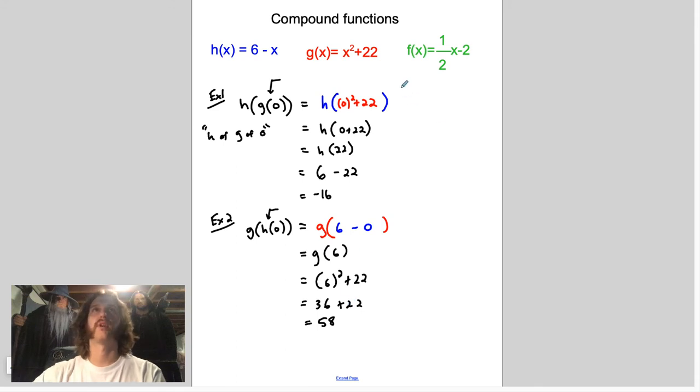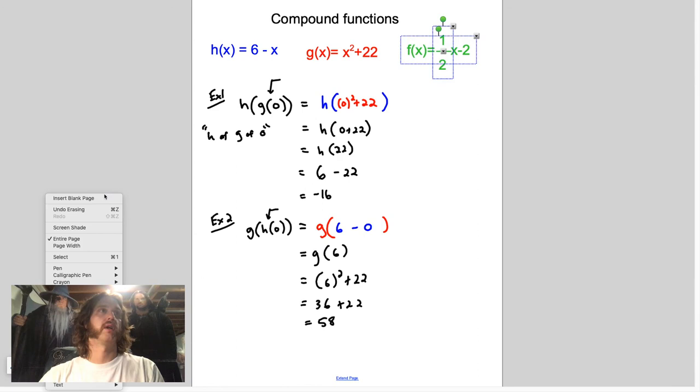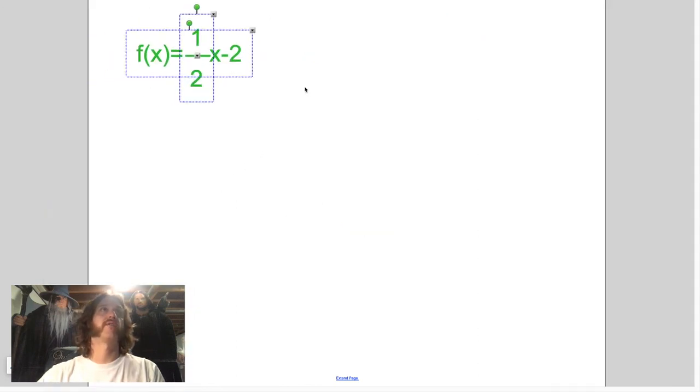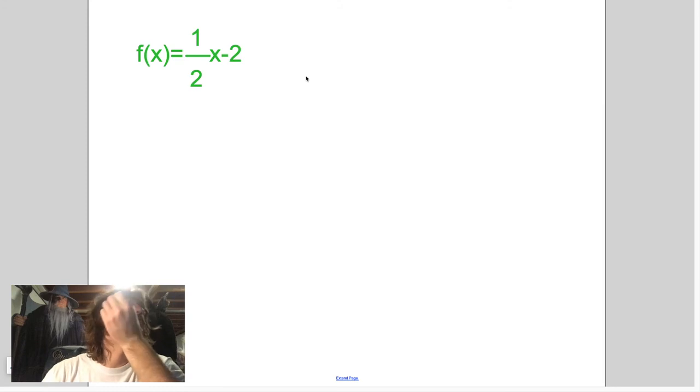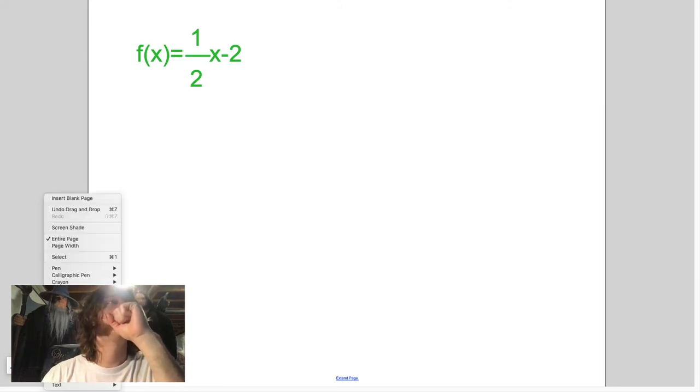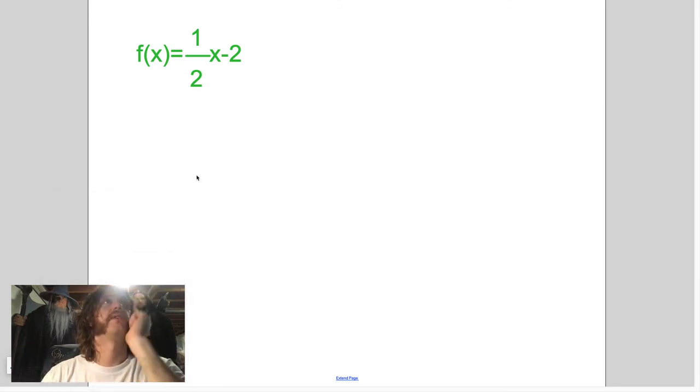I'm going to do one more example. Hopefully we have room over here. Sure doesn't look like it. I'm just going to insert a new slide. I'm going to copy this. We're going to grab a new page and paste. And I'm kind of just winging it off the cuff here. But that's okay. What I'd like to do now is we are going to do f of f